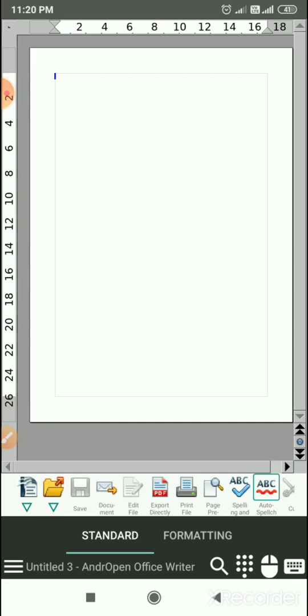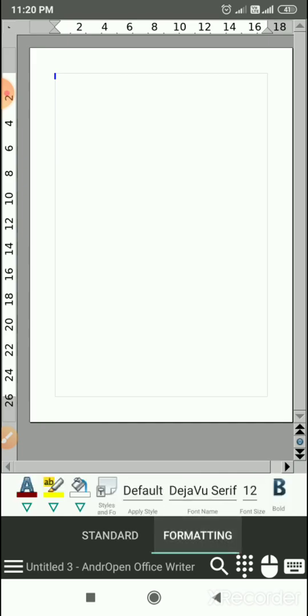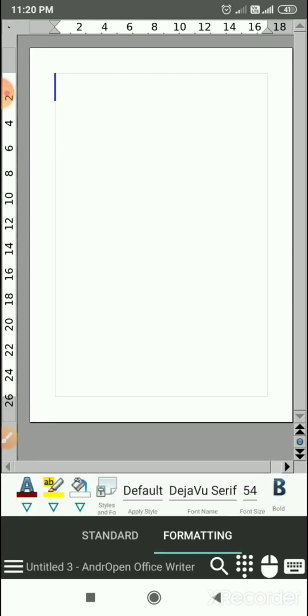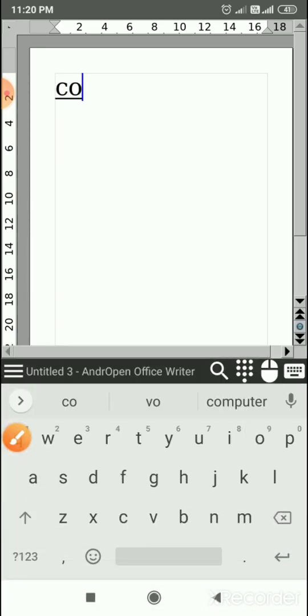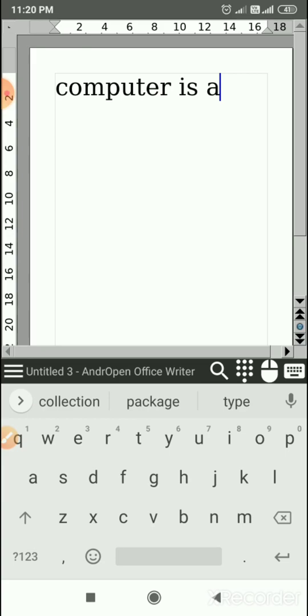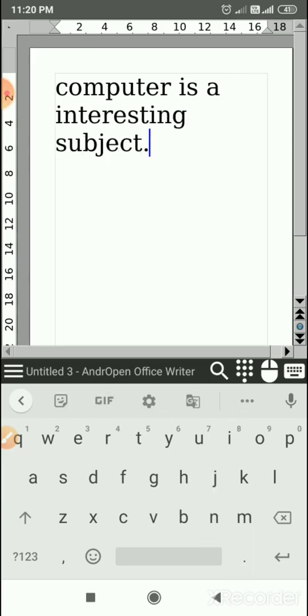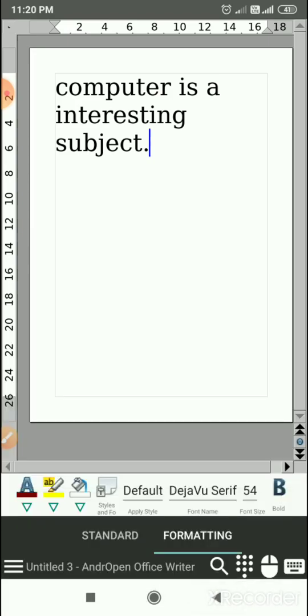First, I will change the font size. Okay, then I will click on this keyboard sign. I will type something. Okay, now I have this text document.